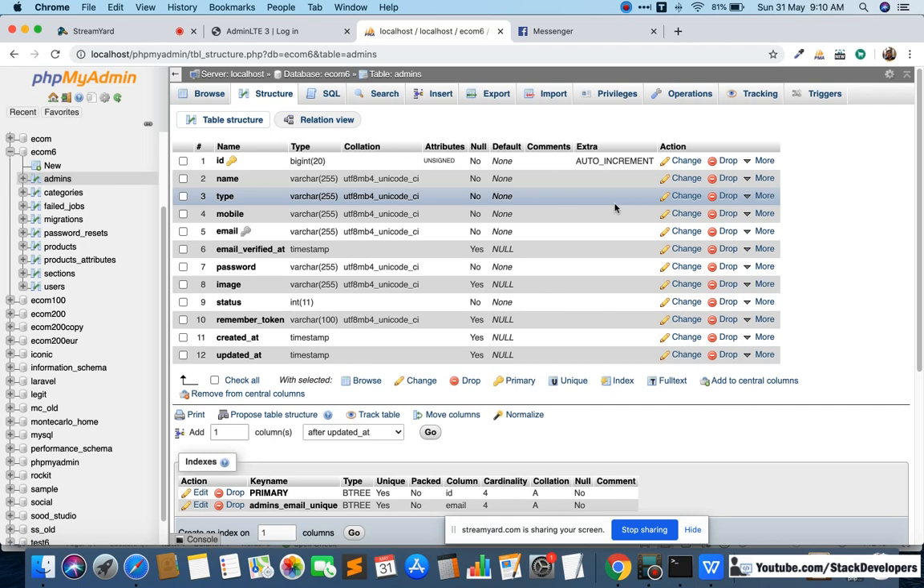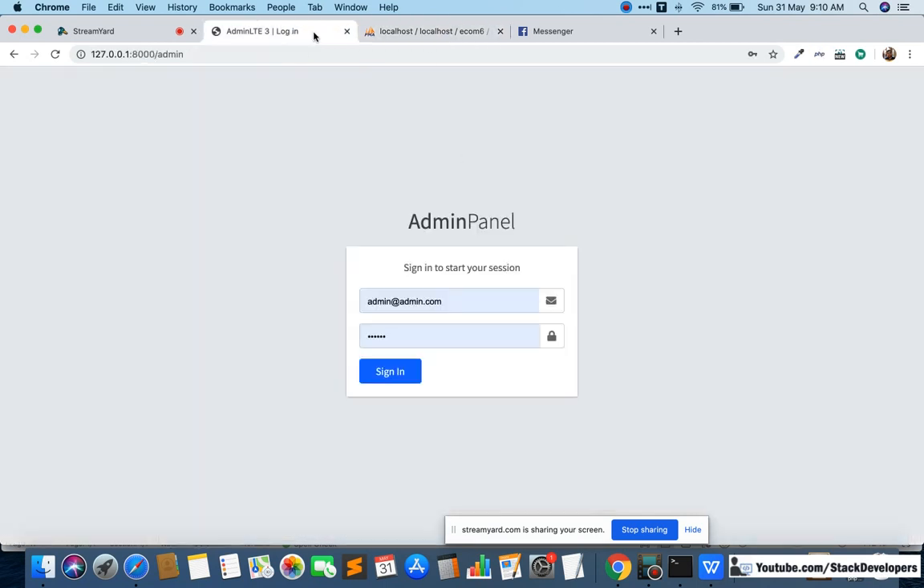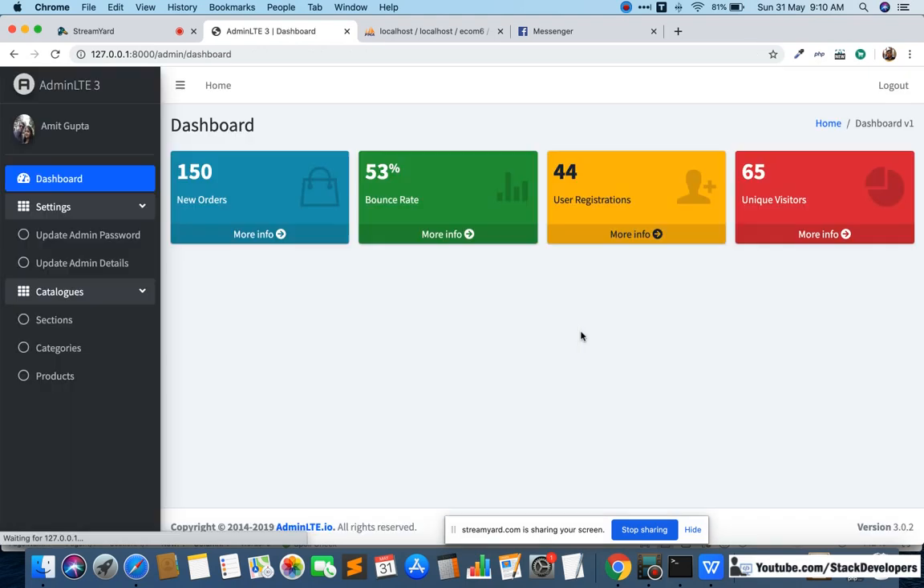All dynamic websites will have one admin table, because the admin logs in to the admin panel from this table. We have created the username. See here, we have given the email as the username, with email and password to log in to the admin panel, and this is the admin panel that we have created. Here we used admin@admin.com, and its password is 12356,